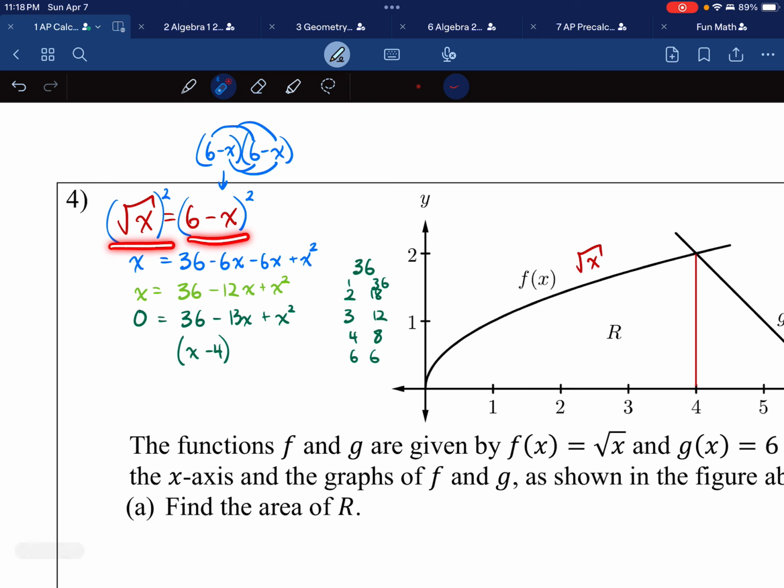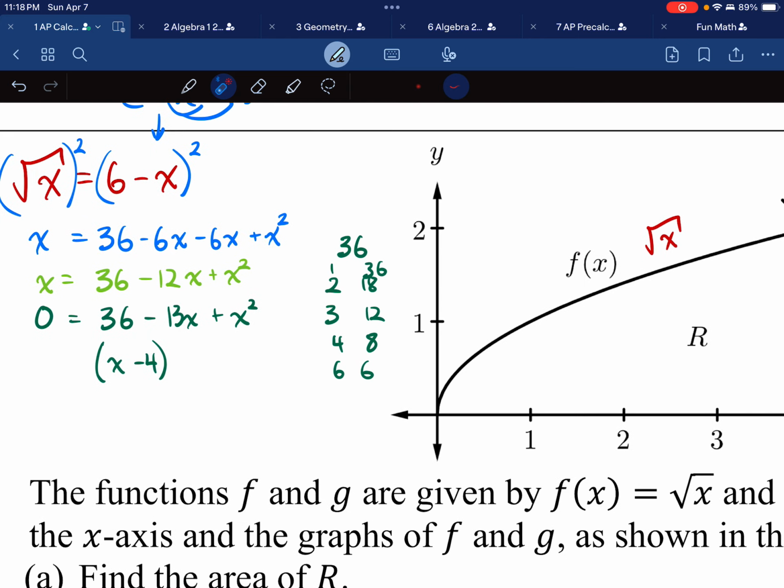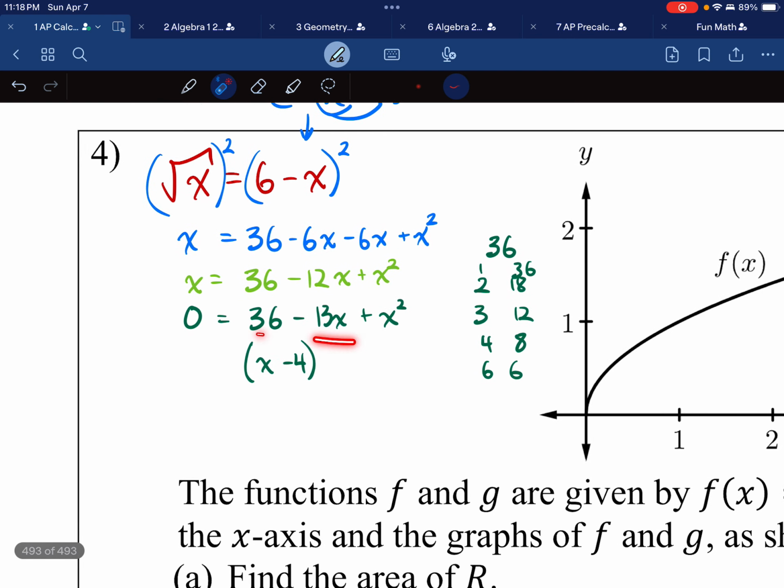This is the way that you would solve it. Square root of x is equal to 6 minus x. You square that, square the first, double the product, square the last, and then you just move this x on over. I'm very confused. And I'm just not factoring this thing right. Here, I have a second computer open. Let me go ahead and,